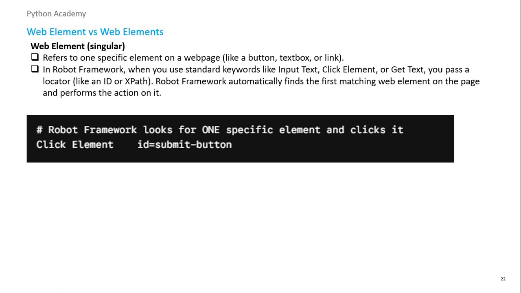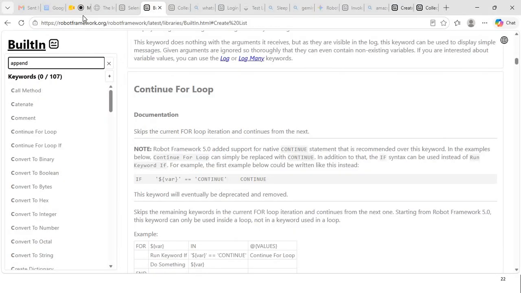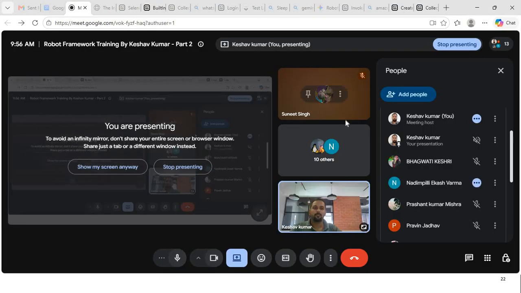Now there is one important topic which is always asked in the interview: web element versus web elements. Anybody has any idea on this? What is web element and web elements? A web element is nothing but something to either click a button or send some text